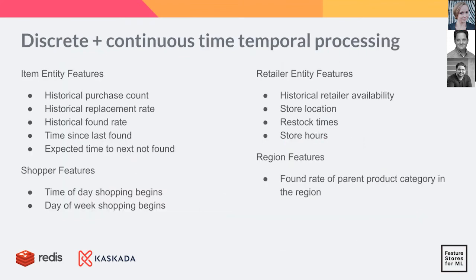The third requirement we have may sound initially like, well, why do I need this? It is the ability to look up information from multiple entities. The key features to predict an item's availability may include events on other entities, information about the retailer, the shopper, the region, and buyer entities are critical to predict item availability. And when you're computing directly from event-based data and you haven't defined your entities ahead of time, you need the ability to group by different entities and join at precise points in time without leakage.